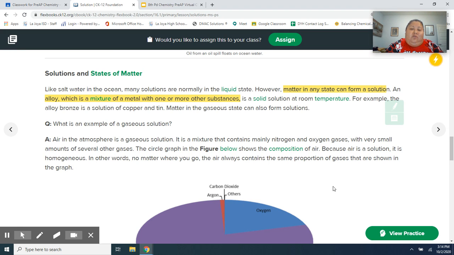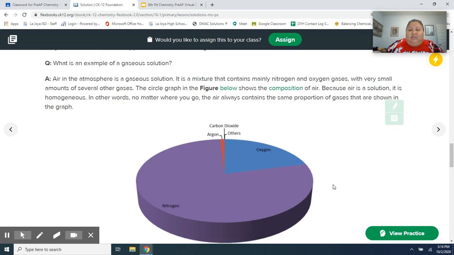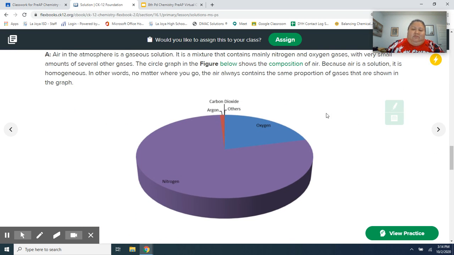Now, if you're looking for an example in the gas state, you're sitting in it right now. Remember when we talked about air? Air is a mixture. Remember that simulation that we saw, when Gael said, oxygen's only 20%, miss? I was like, yeah, I couldn't believe it either. So the air in the room that you're sitting in right now is 78% nitrogen, 21% oxygen, and less than 1% carbon dioxide, methane, argon, and other gases.